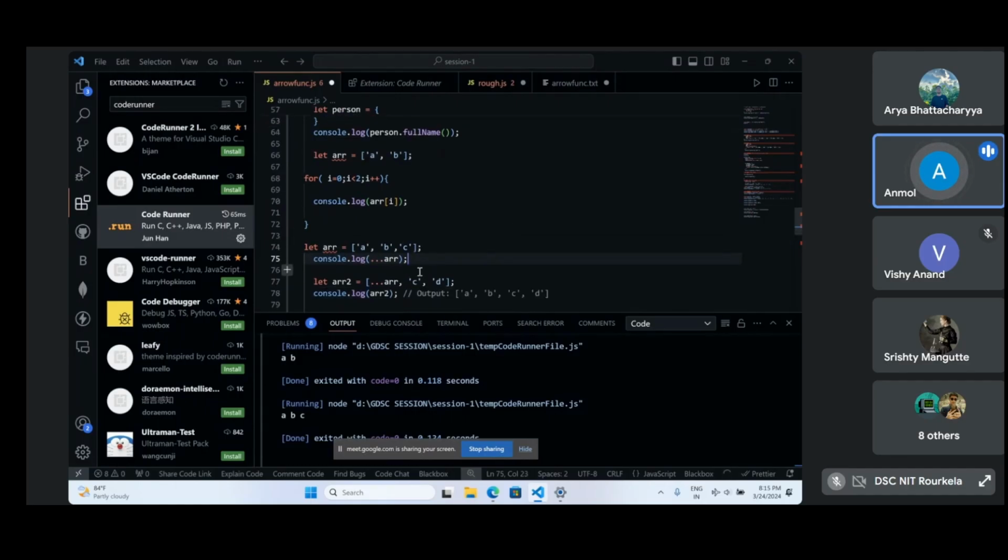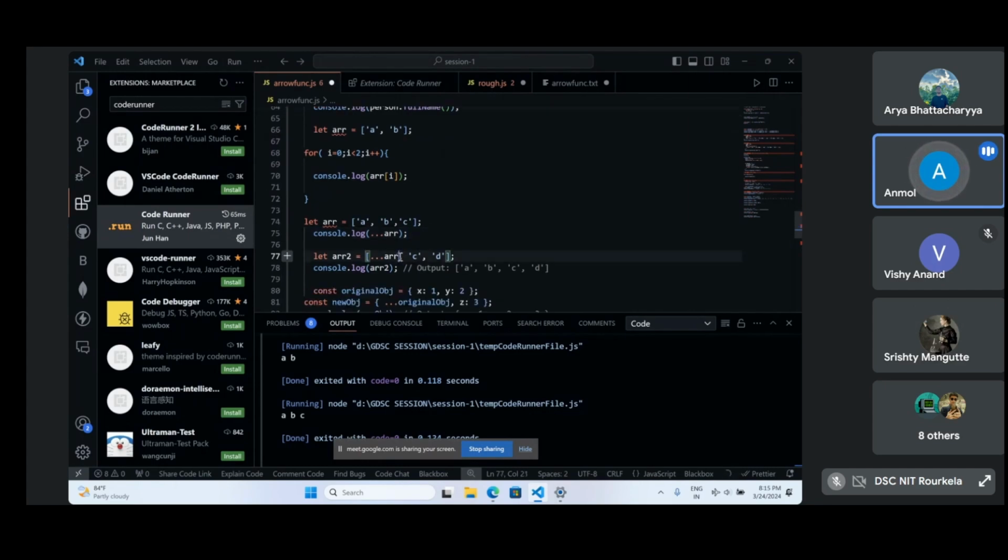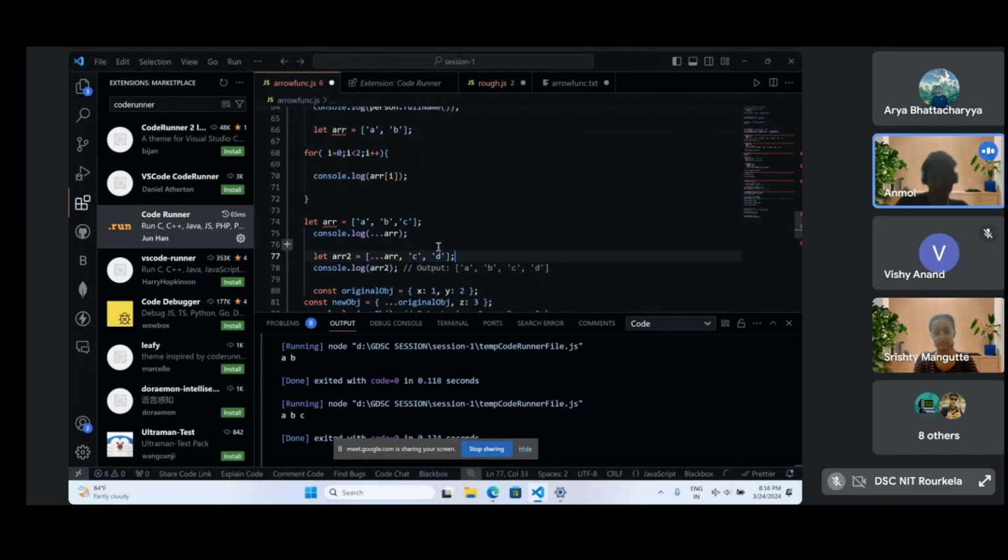So now this can be used in different ways. For example, you must be using an inbuilt function to concatenate. Instead of it you can use this. Let there be an array 2, inside it you have two objects, C and D. Then you can put the values from here inside this by using this spread operator.